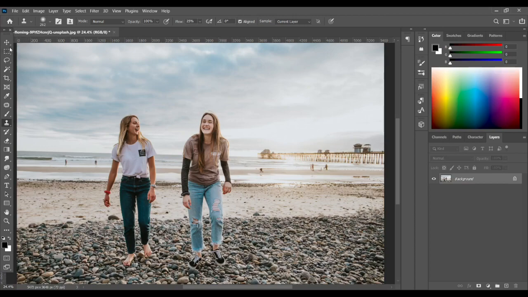So step number 1, select the area you want to fill. Suppose I want to remove this lady from this picture, or you can say that I want to fill that area. So I am taking my rectangle marquee tool and selected this area like that. After that,